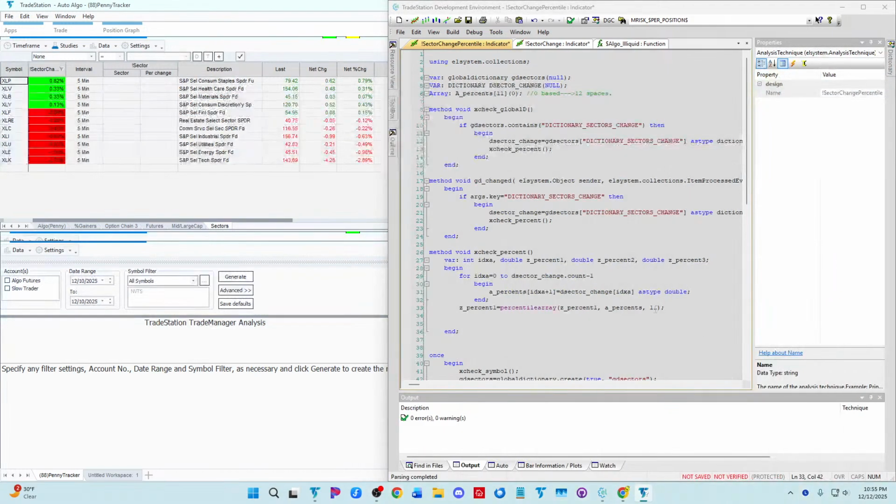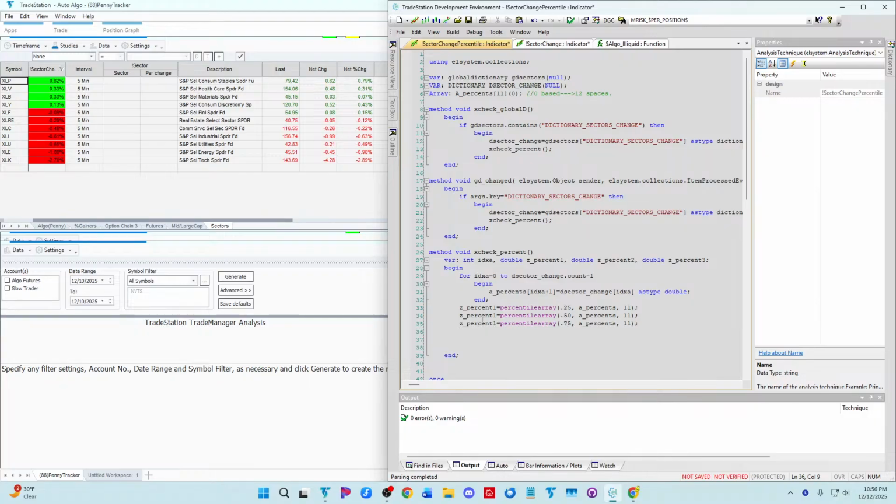Okay, and we have to use the decimal place, so that'll be less than 25%, right? All right, Z, we can do a quick copy and paste here. And then this will want to be 50%, and then this one will be 75%. Okay. All right, so now we have our 3 different percentiles,